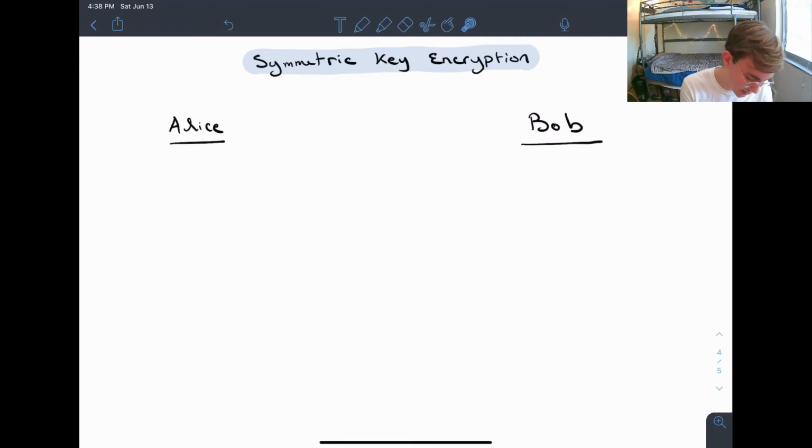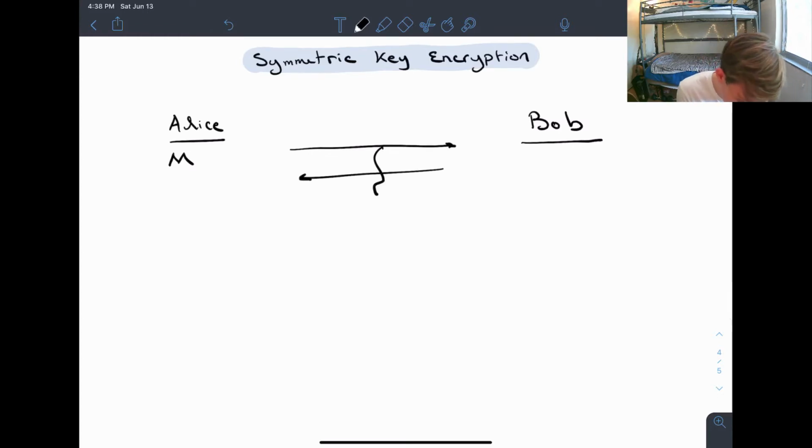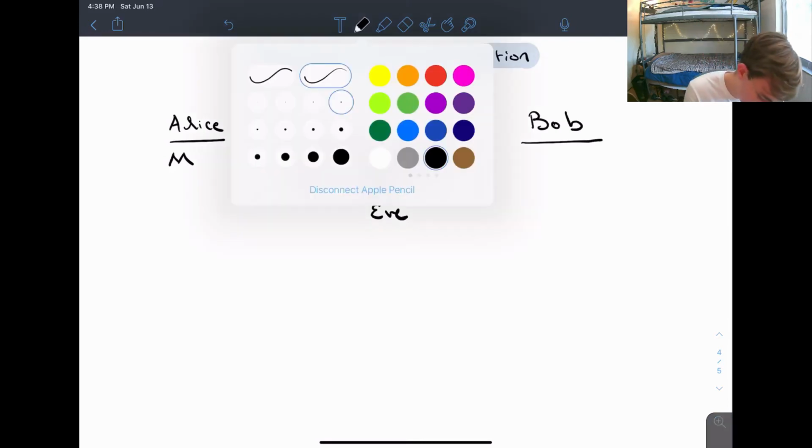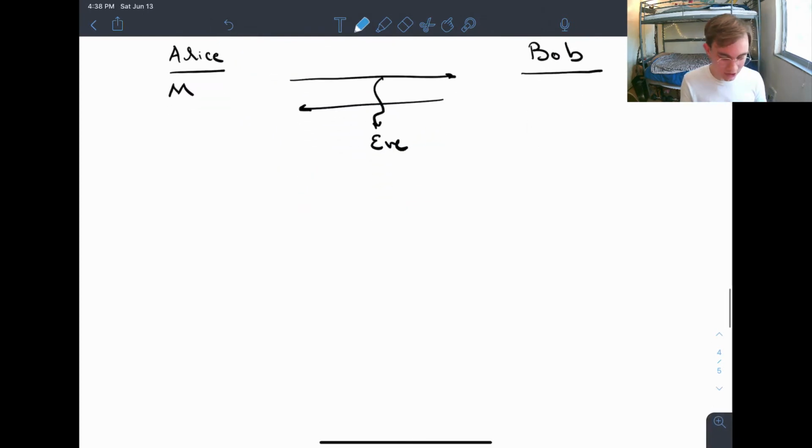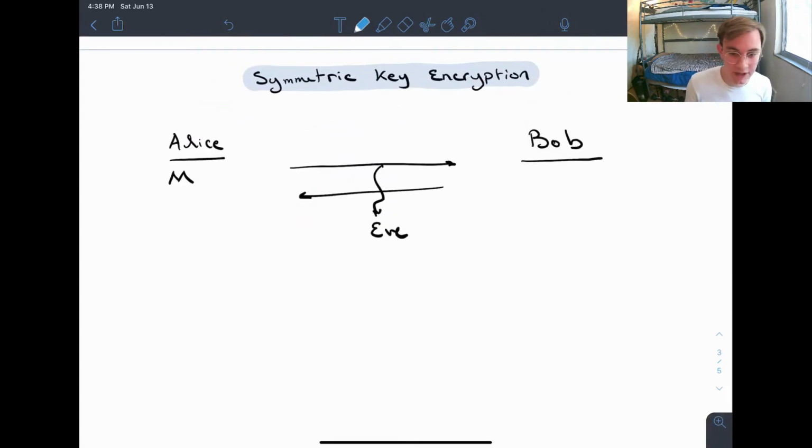So we have two parties, Alice and Bob, and they want to communicate. In a very simple example, Alice has some message M that she wants to send to Bob. They have an open channel where they can talk, but the problem is that in the middle of this channel, there's an eavesdropper. In particular, Eve is in the middle of this channel, and we don't want Eve to learn this message. So our motivating question to develop this cryptography is